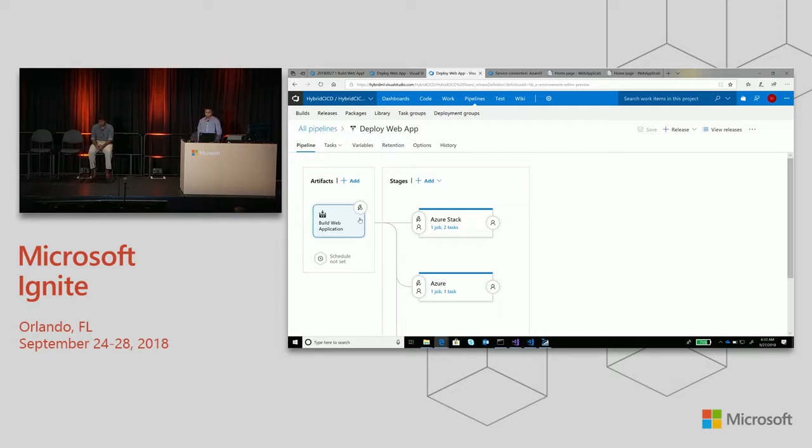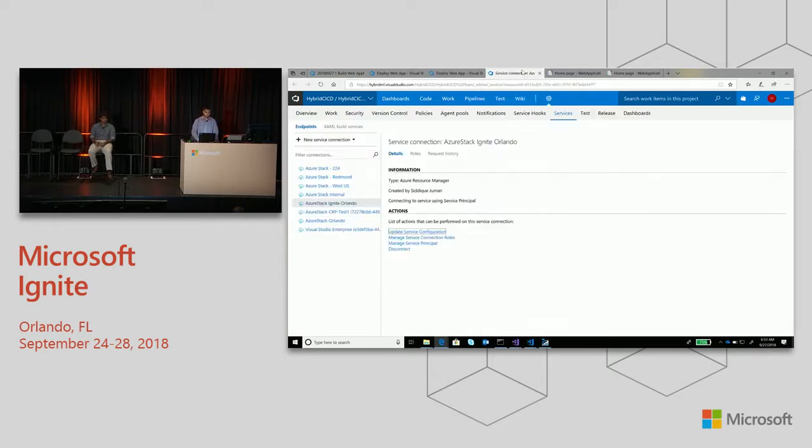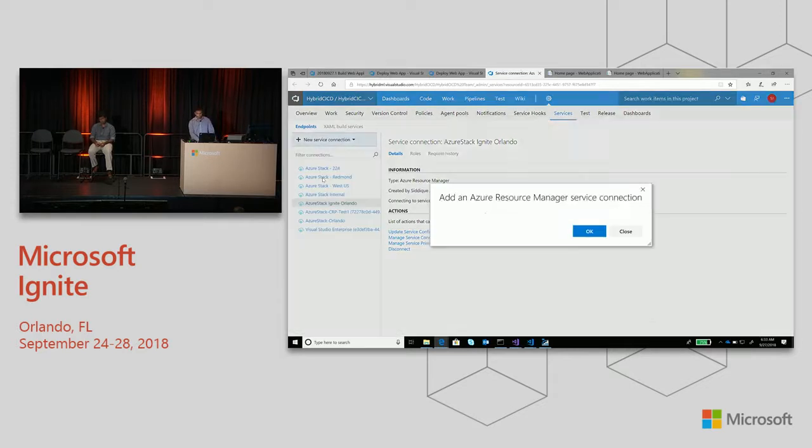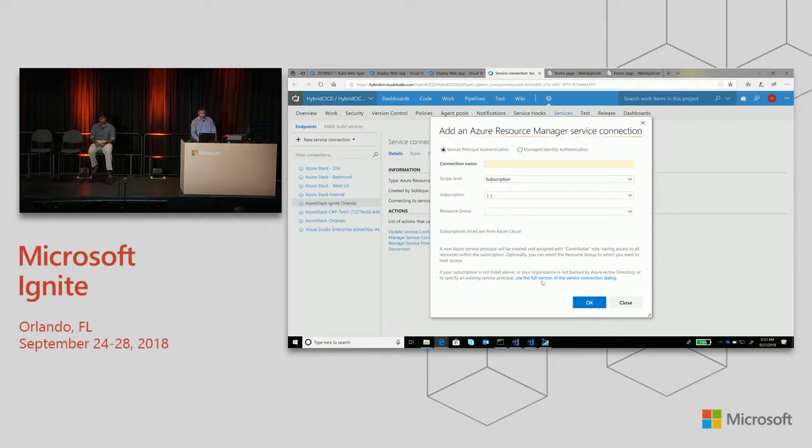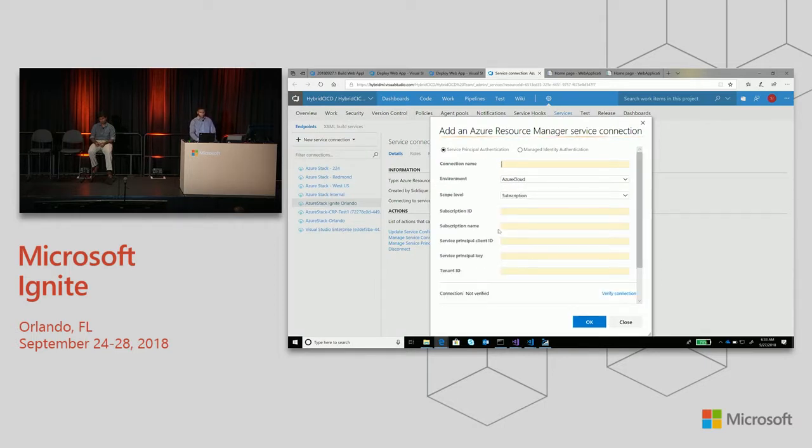Yes, you can. So how did we even get to change this? How do we even get to add these cloud environments? One way we do that is through, again, our Azure Resource Manager service endpoints. Now, when I click New Service Connection, I click on Azure Resource Manager, and we'll see here that there's an environment. You have to enter in your subscriptions.